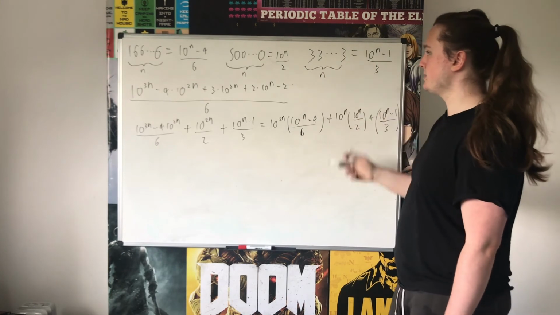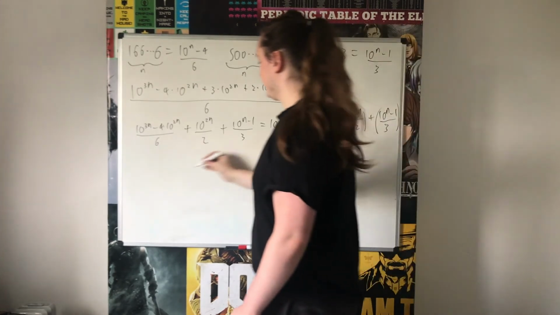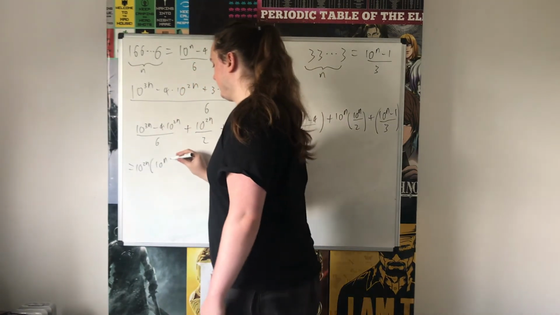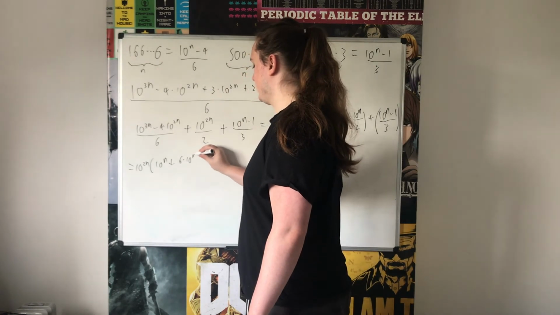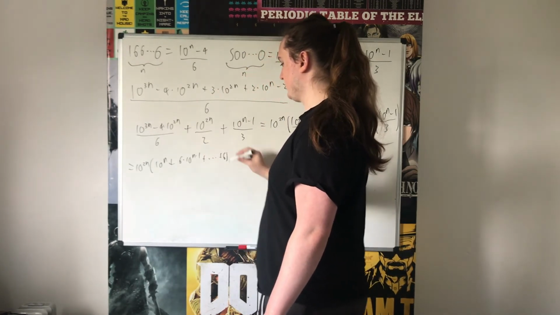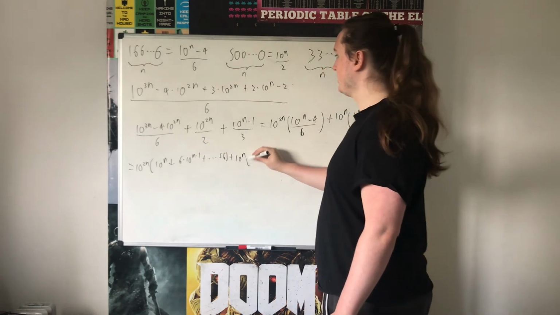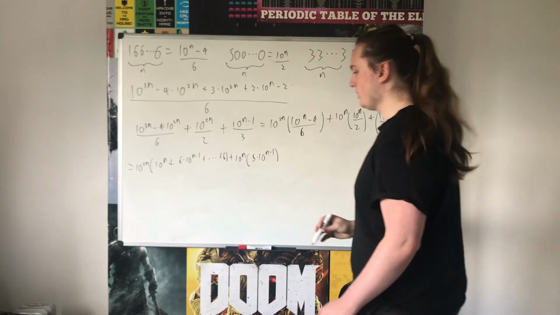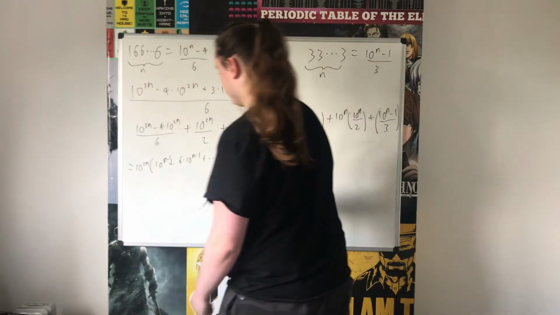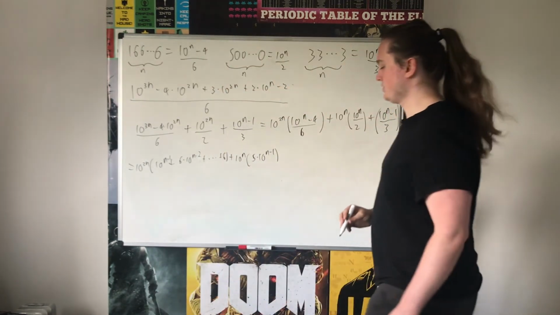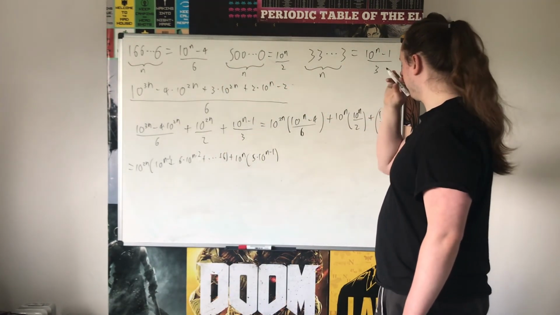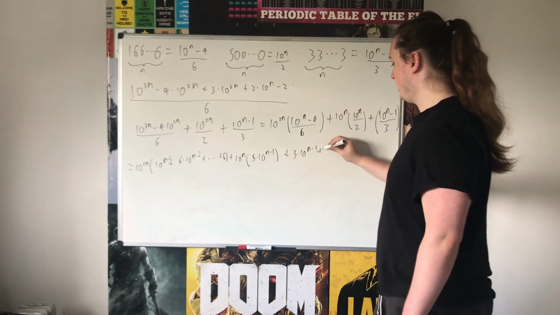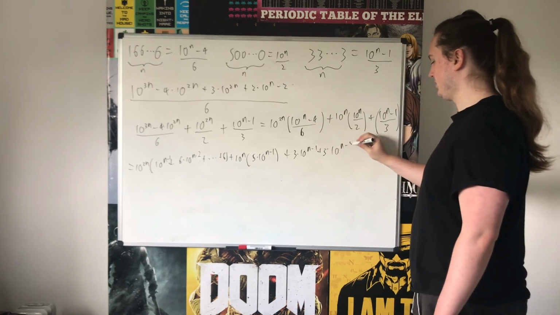So we can plug these back in, and what we see is that we get 10^(2n) times 10^n plus 6 times 10^(n-1) plus a series of 6's down to 6, plus 10^n times 5 times 10^(n-1). Oh sorry, this should have been a 10^(n-1), and this should be n minus 2. 5 times 10^(n-1), and then finally we plug in this one, we get 3 times 10^(n-1) plus 3 times 10^(n-2) all the way down to